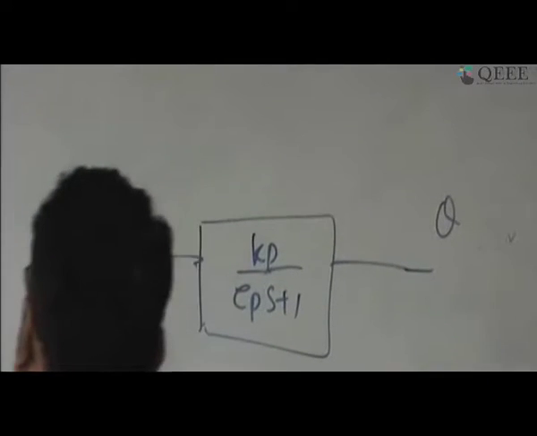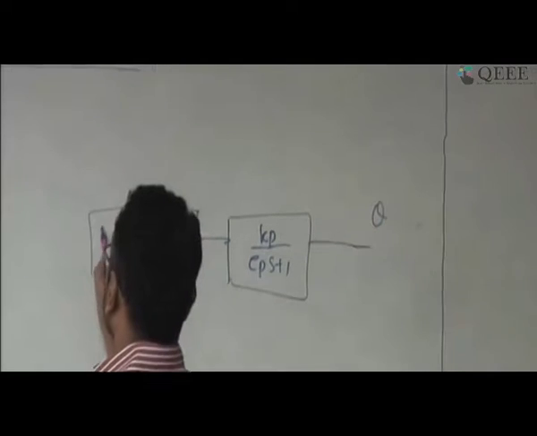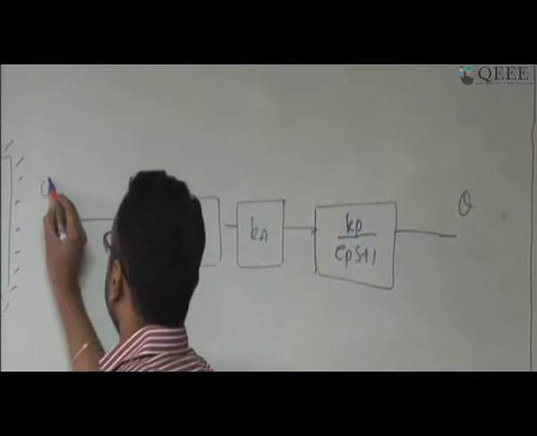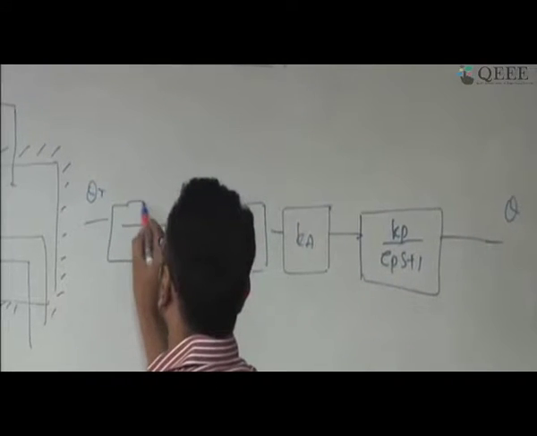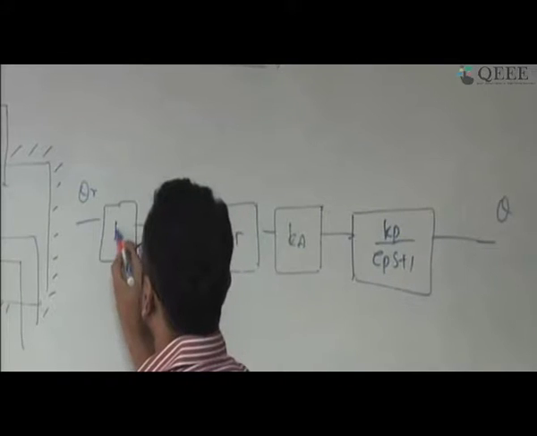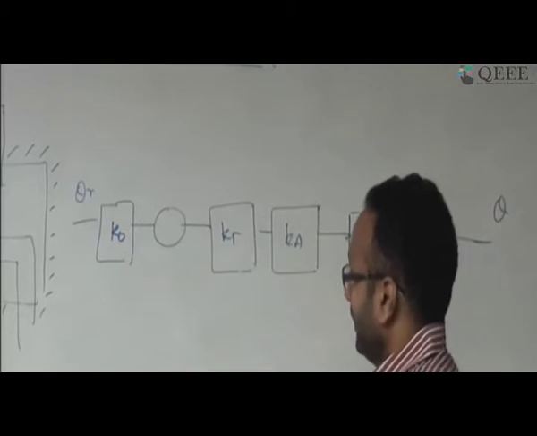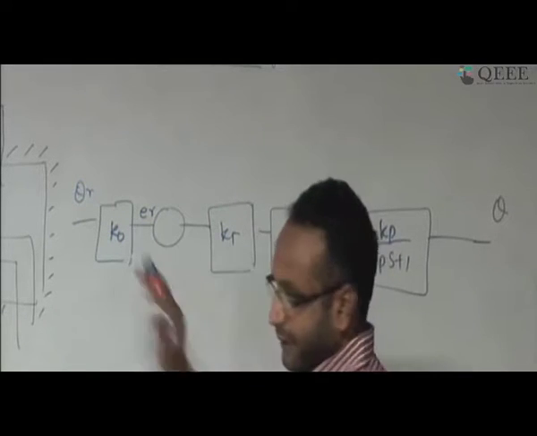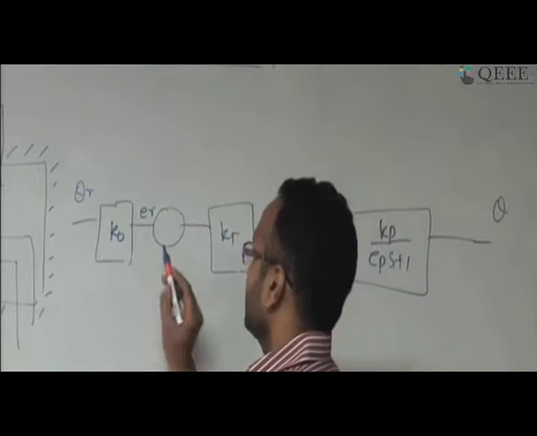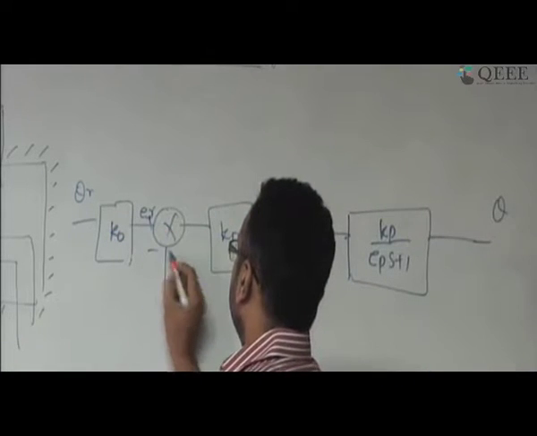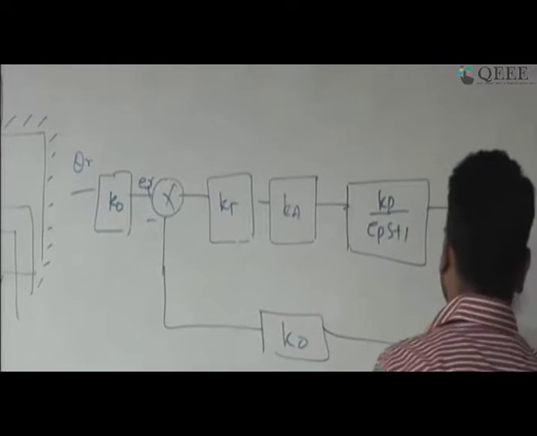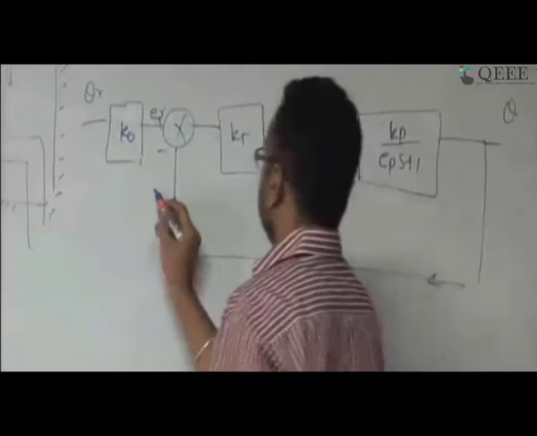Then there is an amplifier, and this is some transducer Kt, and the system sequence is there. The reference temperature you are writing, and I am using some kind of system which will convert my temperature to a voltage ER. Okay, the thermostat, and this is the constant of the thermostat. And at the feedback path again I have the same thermostat, which will measure the temperature from outside, and it will change it to an ET.